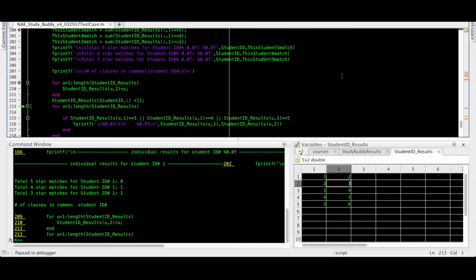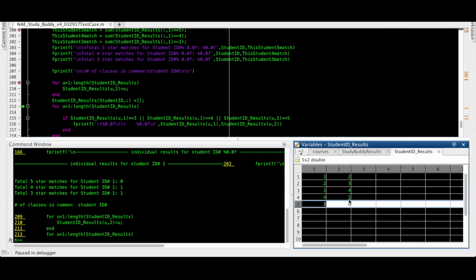That is done with this for loop, and then the line is omitted for whichever student we are looking at. In this case, it's student 1, so now there are only 5 students left to compare to, and we can verify that.